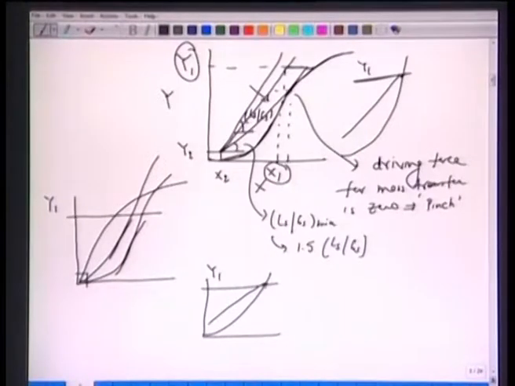We take the example now for two cases. One is absorption and one is desorption or stripping. And in one case you will see that we have a curve where there is a possibility of a pinch. So let us take this very simple example of a typical absorption column.